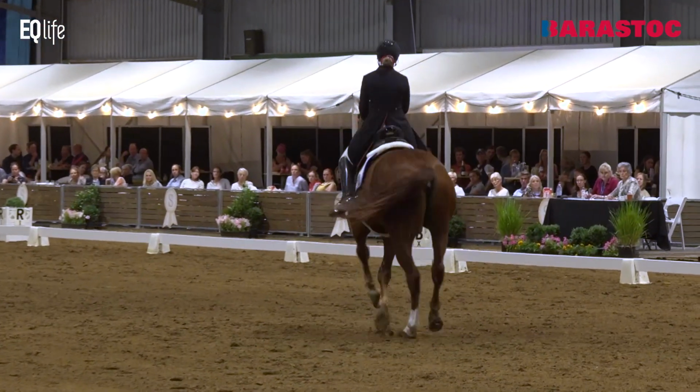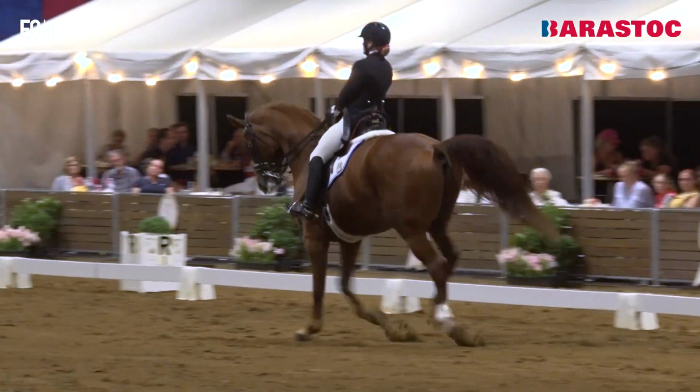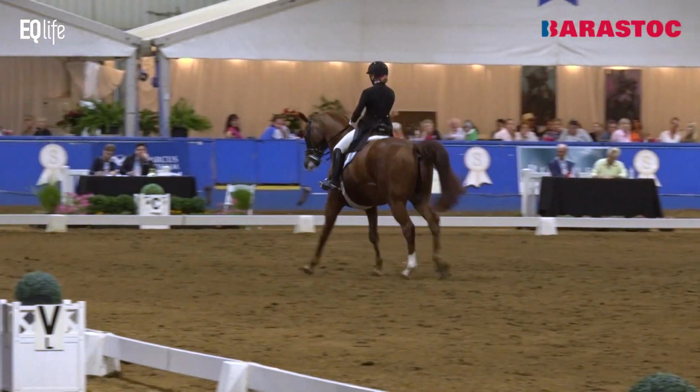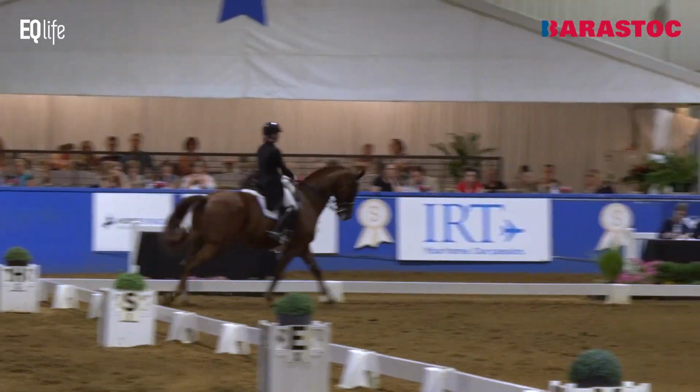Again, in the canter half pass, it's important to see that the horse sits and takes the weight on the hind legs, and if the hind legs get very high and the front legs not so high, it's a bit of a sign. The left one, I think, is better than the right. Yes, exactly. It's so important that they are on the hind legs, because otherwise...